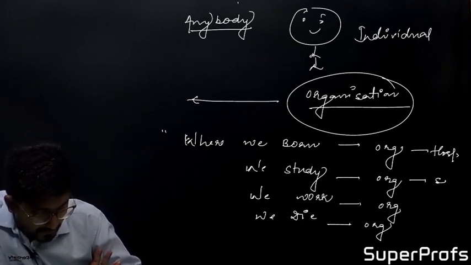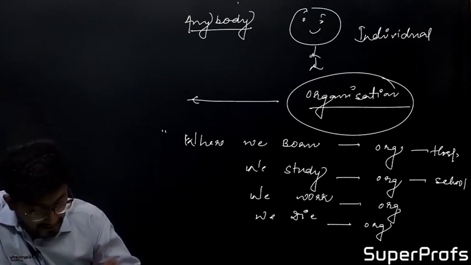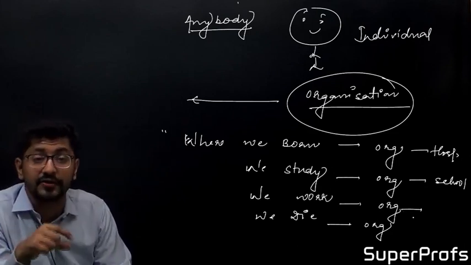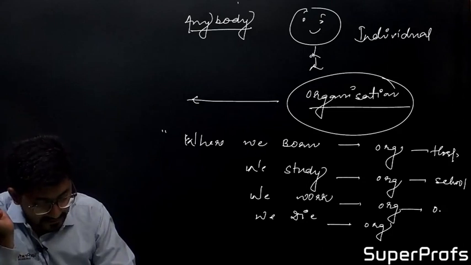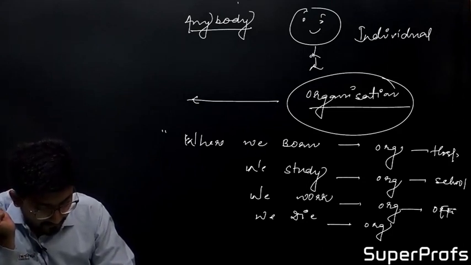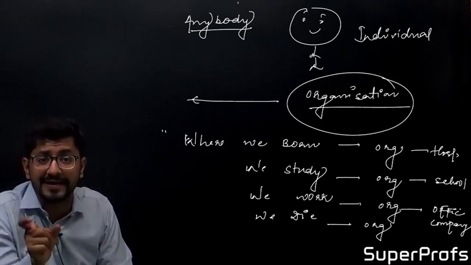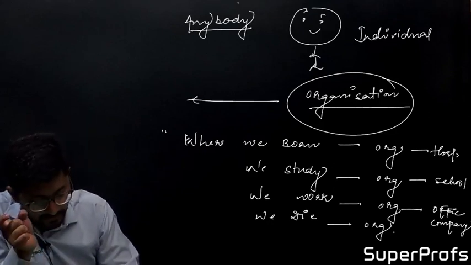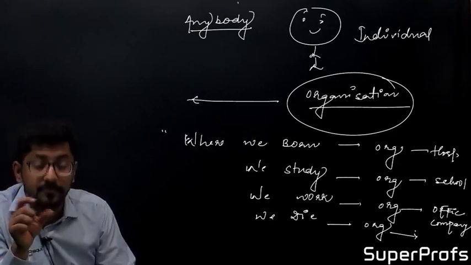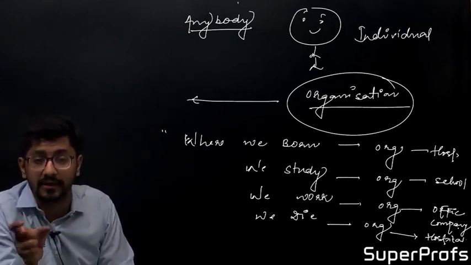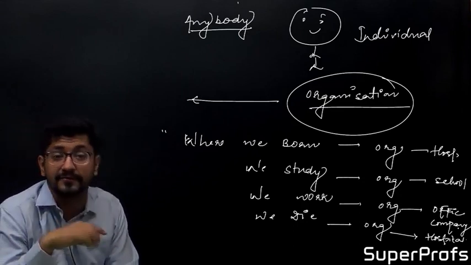As you study in a school, colleges, universities, these are organizations. As you work for a company, for your own business, or in your own office, that is an organization, an office or a company. If you are self-employed or you are doing a job, you have to work in an organization. And we also die in an organization. Most of the people die in hospitals after their last treatments. So the first step on this earth is from the organization, and the last step is also from the organization.